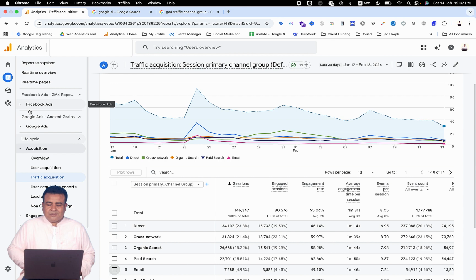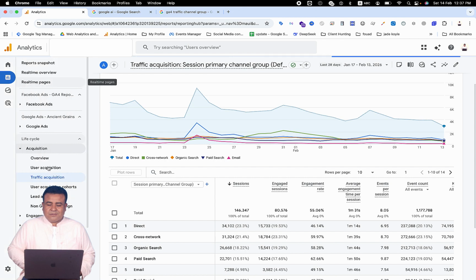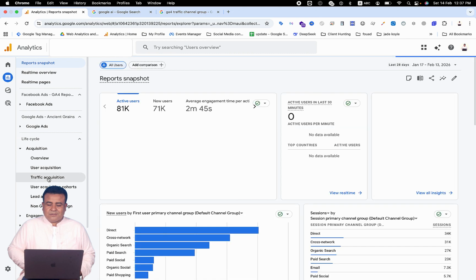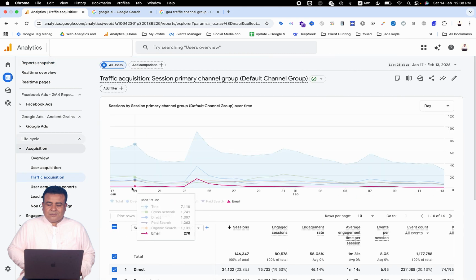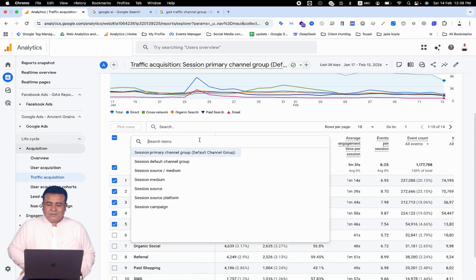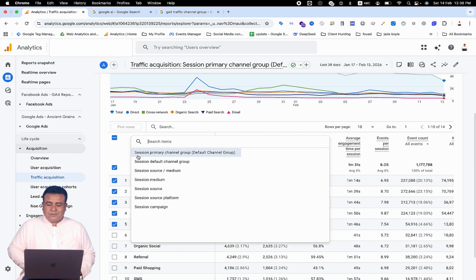You can see that I am landing on the Google Analytics 4 interface. On the left-hand side you have to find the menu option to get to the default channel group. So go to Reports. In the reports section I am going to Traffic acquisition, and you can also see User acquisition. So I am going to Traffic acquisition. In Traffic acquisition, default channel groups in GA4 are defined traffic categories created by Google. So you can go to the drop-down menu option. Here you can see